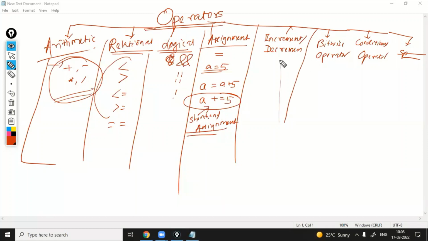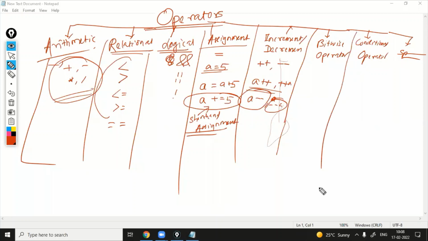Another thing is increment and decrement. You know that increment is basically plus plus, decrement is minus minus. Position also matters: it may be postfix or prefix, and the outputs differ. Please go through the details. And maybe a minus minus, or minus minus a. Like this, things are there. It is your duty to study. I cannot cover everything here, because the Java syllabus is very huge and other modules are there, so please follow these things. And the bitwise operator is there.